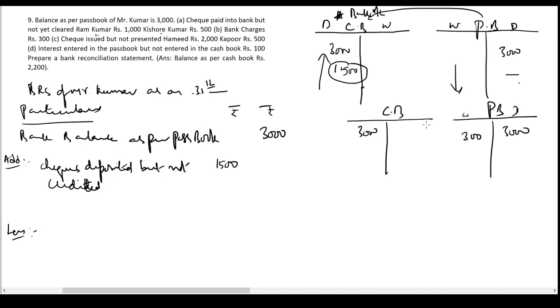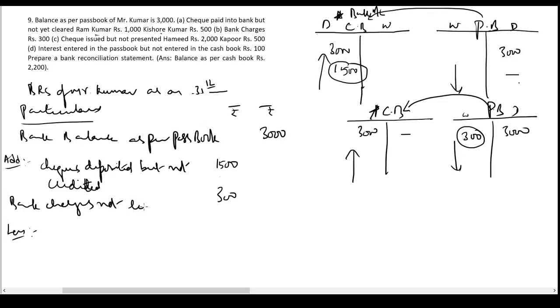Withdrawal side. Now it has been recorded in the passbook but not recorded in the cash book. So if bank charges was recorded in both the books, cash book and the passbook, then it will not remain as a reason of difference at all. It will not appear in the problem at all. So the passbook balance will reduce and cash book balance is higher. So now I have to make passbook equal to cash book. So what should I do? I have to increase the passbook balance by 300 rupees. Bank charges not recorded in cash book.